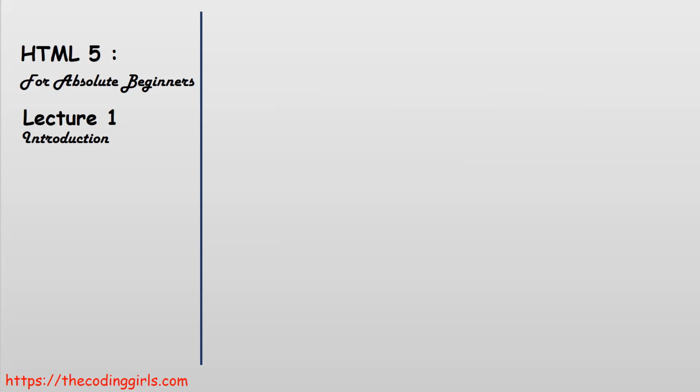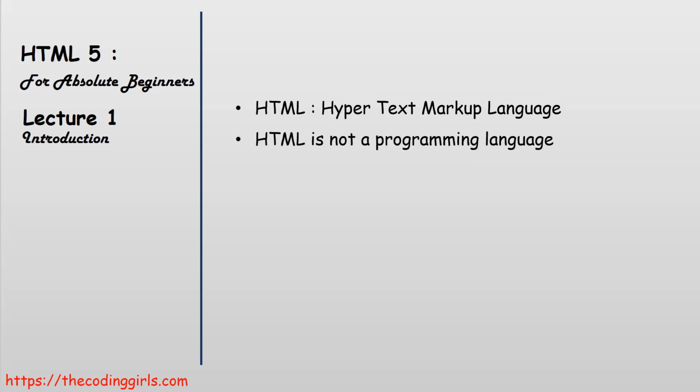So what is HTML? HTML stands for Hypertext Markup Language, and it is not a programming language by any definition. So learning HTML will not make you a programmer. The HTML is a markup language as it uses markups or tags to define the contents of a website. The programming languages, on the other hand, have some flow control and logic. By logic, I mean some program that decides an action on the basis of some conditions.